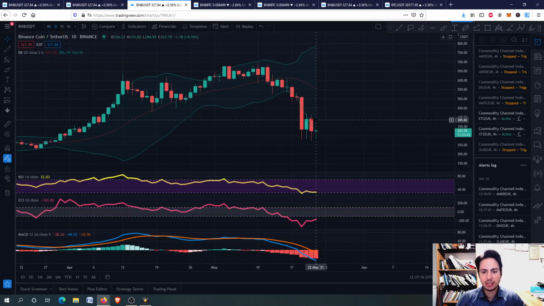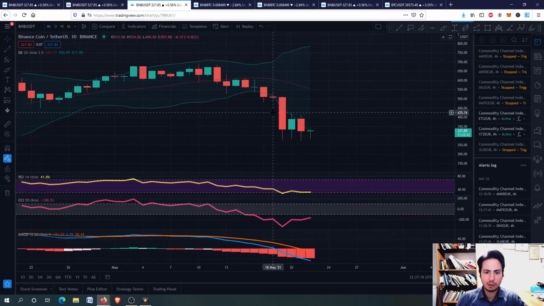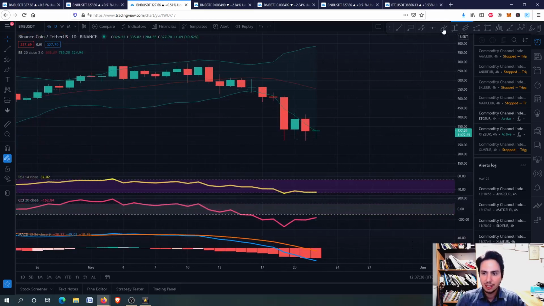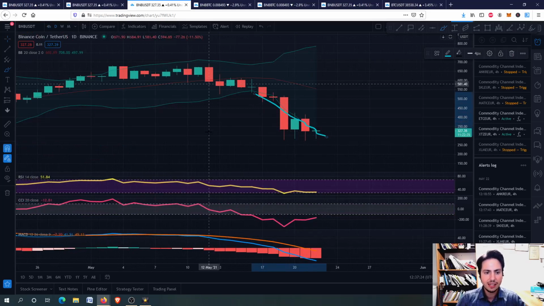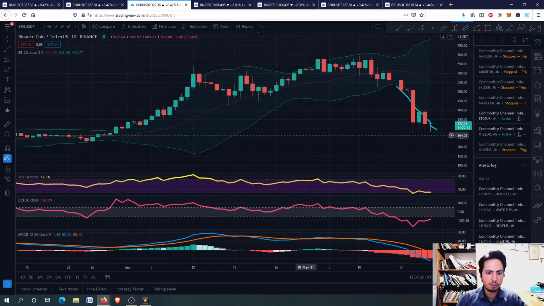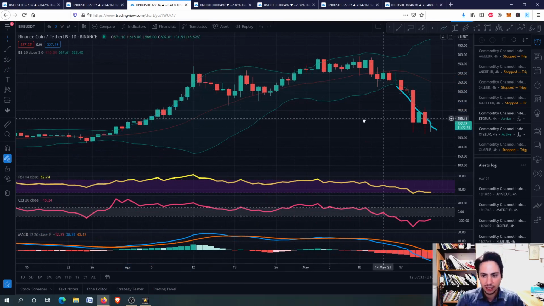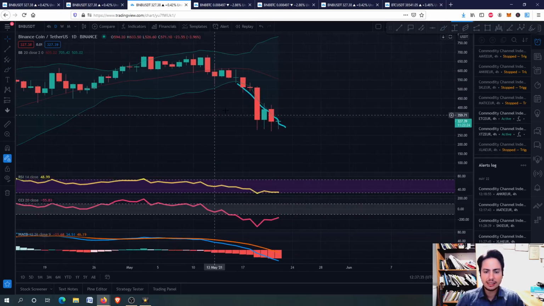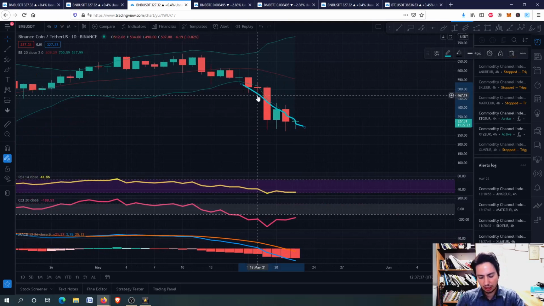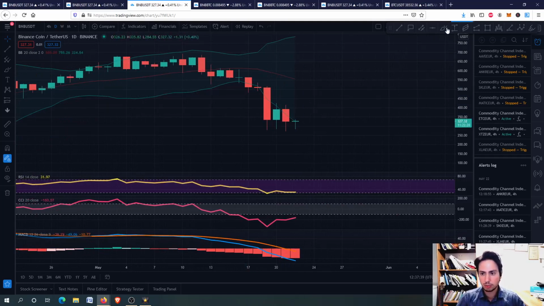Let's go to BINANCE COIN against USDT. You can see here when we are having a bearish market, we are approaching the bottom line and we continue to go across the bottom line. When we are having a very good impulsive wave, we are having something like this where we go up upon the top line. Okay, so right now in this very bearish moment, we are going down on the bottom trend line,